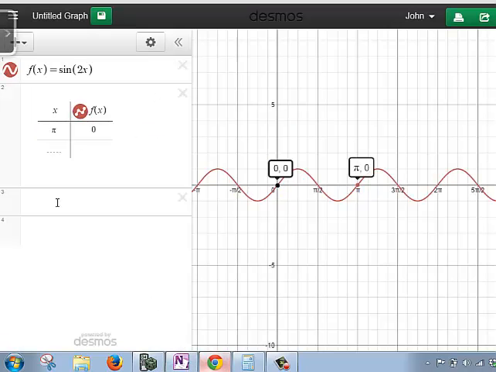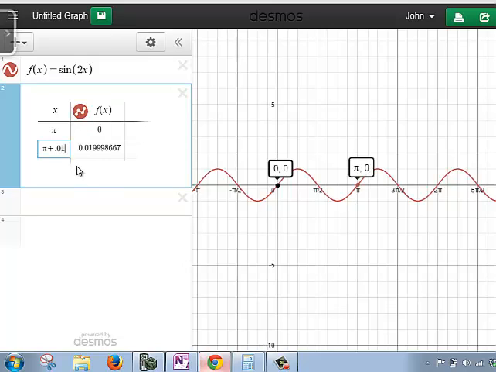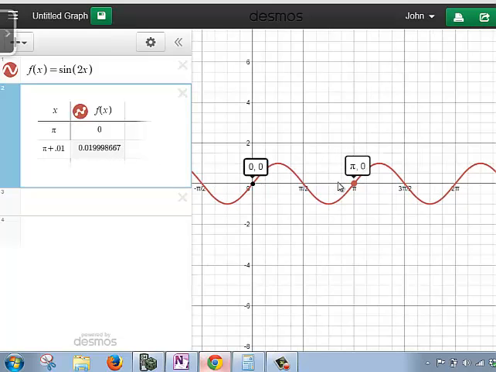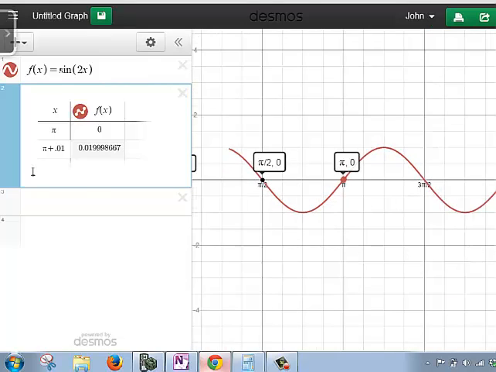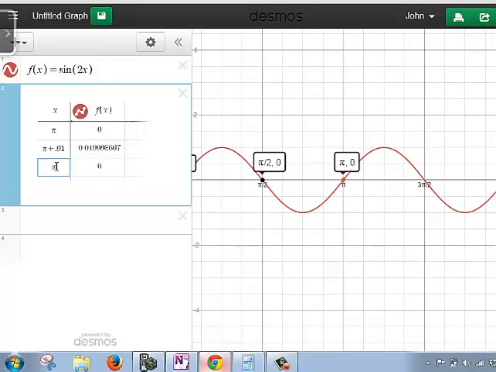So going back to Desmos, I'm going to just plug in here, I'll type in pi plus 0.01, and when you add plus 0.01, you can see that the function value has changed from 0 to 0.019998, just almost exactly 0.02 units, just like the differential predicted. And if I typed in pi minus 0.01, so that the amount was in the opposite direction, you see that my function would have changed by negative 0.02 units, thus showing that the differential